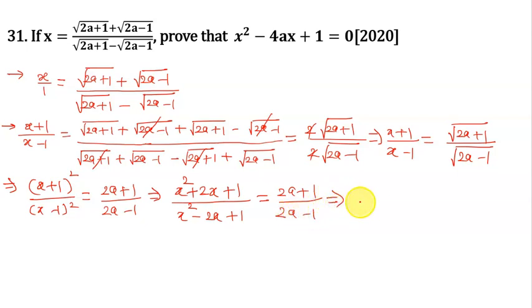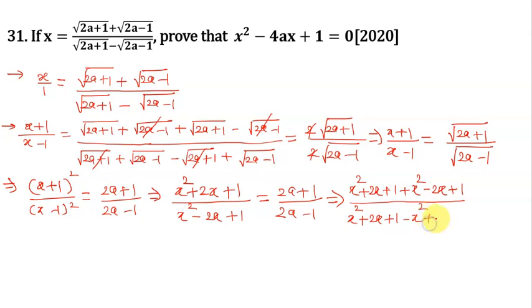Again applying componendo and dividendo, then you will have x² plus 2x plus 1 plus x² minus 2x plus 1, and this whole divided by x² plus 2x plus 1 minus, sign will change here,